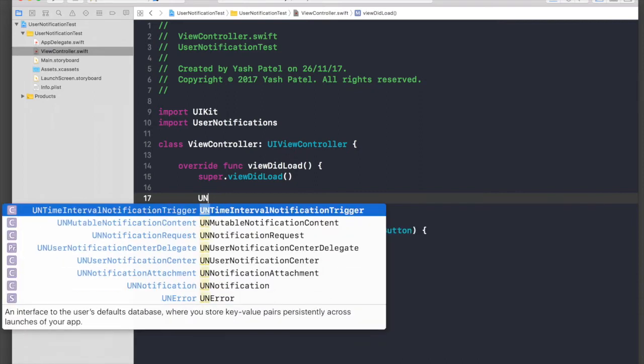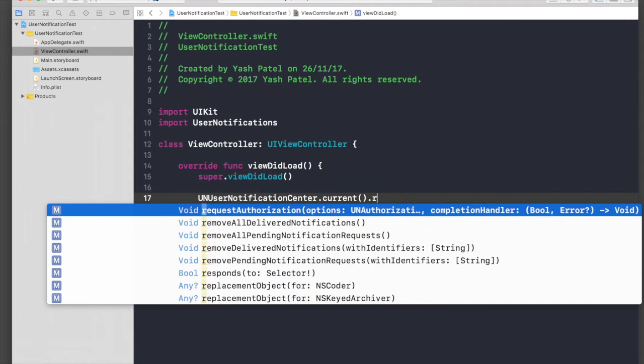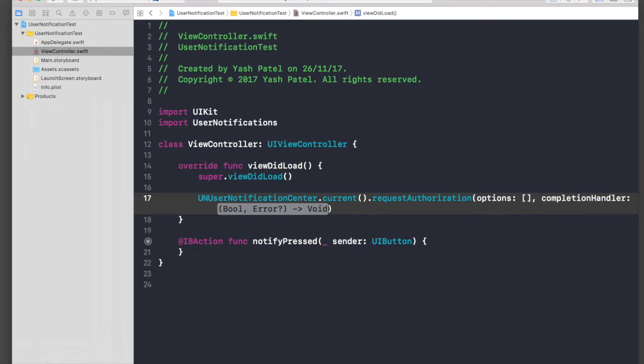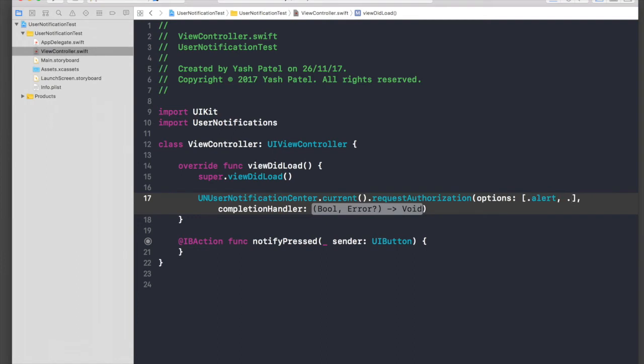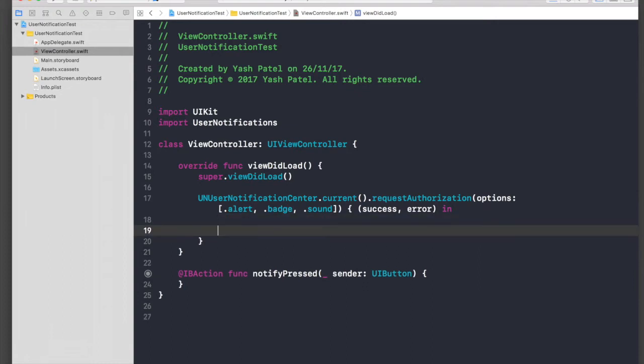We will say UNUserNotificationCenter.current().requestAuthorization, and this one. So options, we will pass in an array of .alert. We need to send .alert, .badge and .sound. So it's an enum, so we can send multiple parameters here. And tab completion handler will be success, error will be error, and we will say if error is not equal